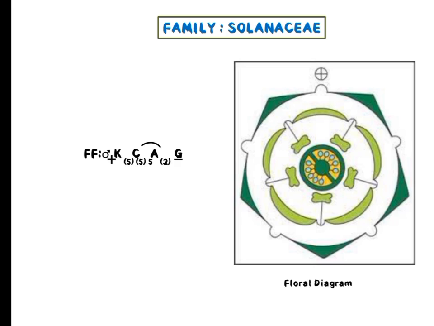Then come to the gynoecium. Gynoecium having superior ovary, and you can see 2 carpels. I forgot to mention that too. You can see 2 carpels. This is 1 carpel. This is 1 locule, and this is 1 locule. Inside the locules you can see many ovules. So bicarpellary and syncarpous, superior ovary with bilocular having many ovules. So these are about Solanaceae.